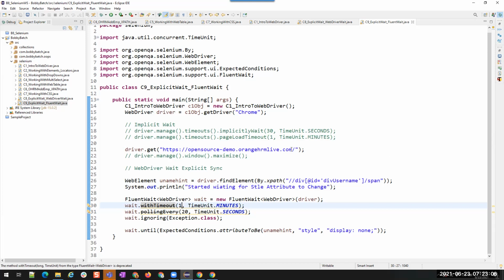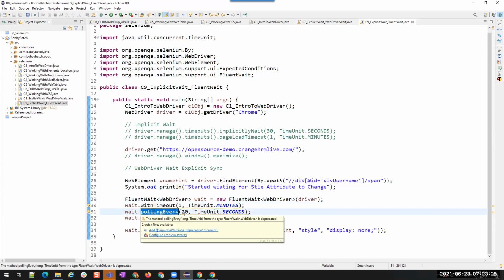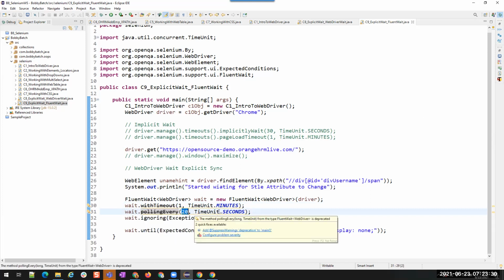So that is the reason I want to change that default 500 milliseconds timeout to a different polling. So I want to change that duration.